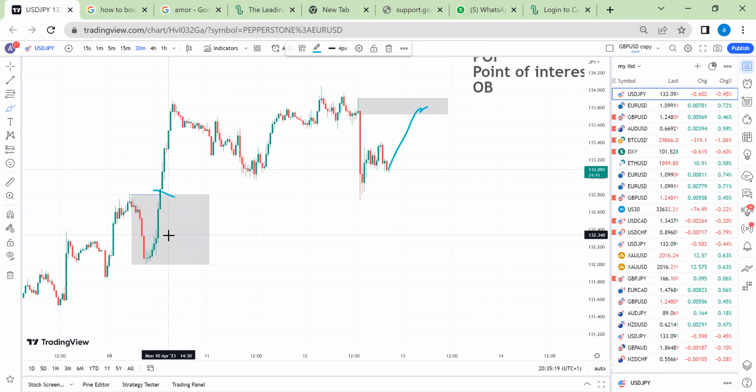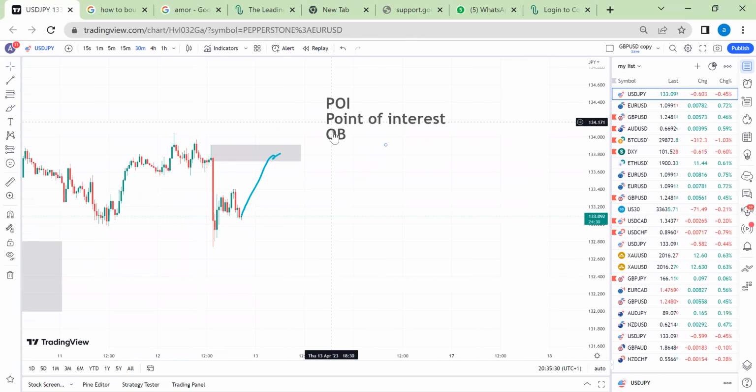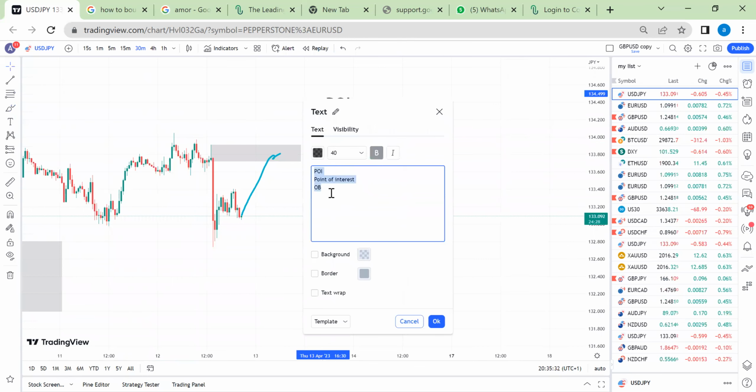But if you want to stick to one time frame, there are other ways you can find your POI, that's point of interest, and one of them is using buy to sell